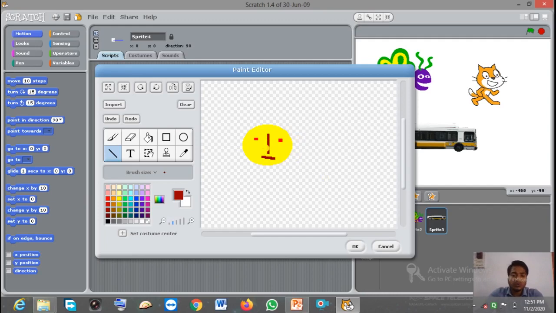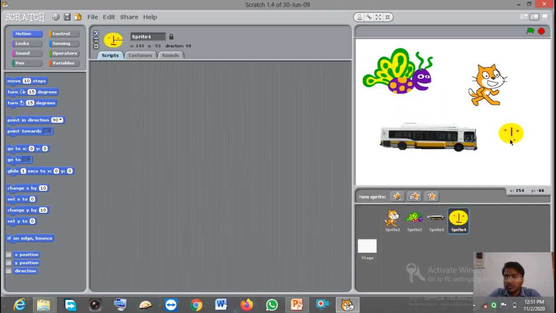Suppose I want to use this as a sprite, so after making it just click on OK. Now you can see it on the stage as you can see on the screen. So this is how you can use this option to insert or create your own sprite. Understood?